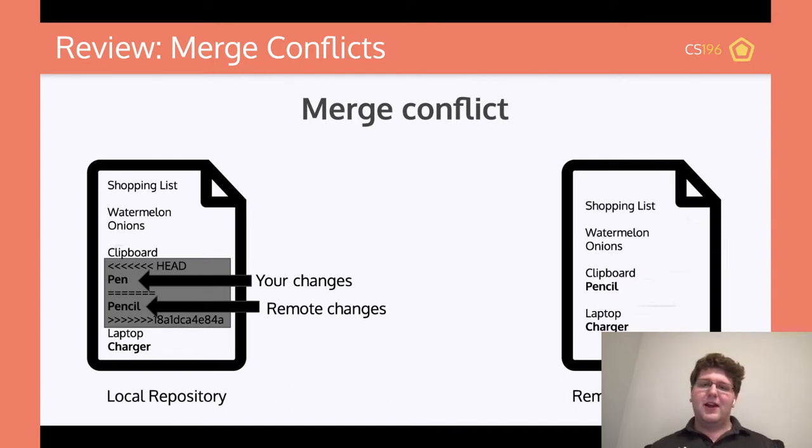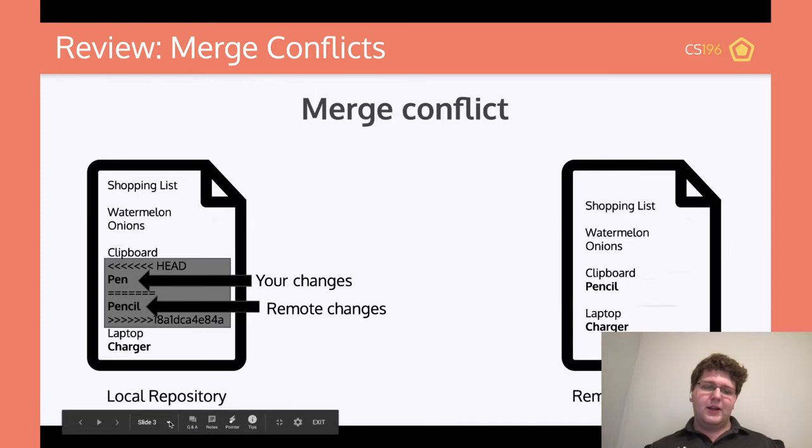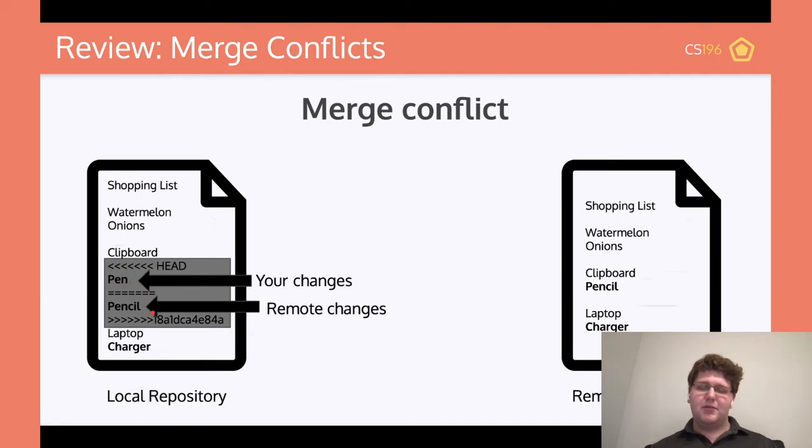You'll remember last time we talked about how you have what you have locally and what you have on a different branch or in the remote. And then you'll be given these boundaries to work within and determine what you want to keep and what you want to get rid of. You'll do that, and eventually you'll get something a lot cleaner. If this doesn't sound familiar, I definitely recommend going back to lecture 2 and reviewing some of those concepts,